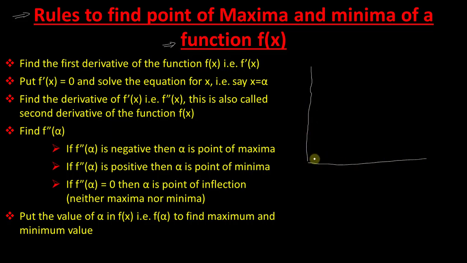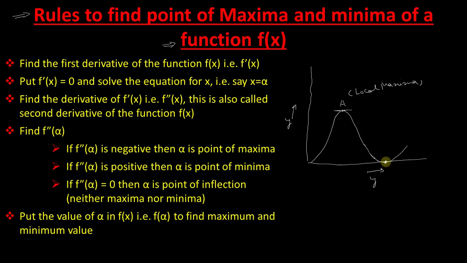Suppose we have any function like this, whose graph comes out like this. It is any hypothetical, imaginary function. Now this point here is where the function has its maximum value. At point A, the value of this function is maximum, the highest of all values. Here the value of the function is less, so this point A is called a point of local maxima, and this we can determine with the help of our derivative.